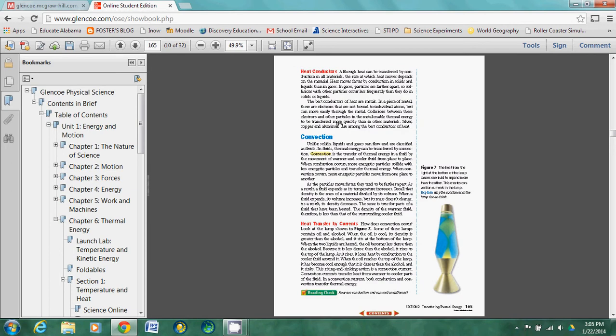The other part of the textbook that you will use a good deal in this class will be the glossary. To get to the glossary, it can be a little bit tricky, but just follow these steps. On the left side, you need to make sure that the tab for Table of Contents is expanded like this. If you can scroll down,